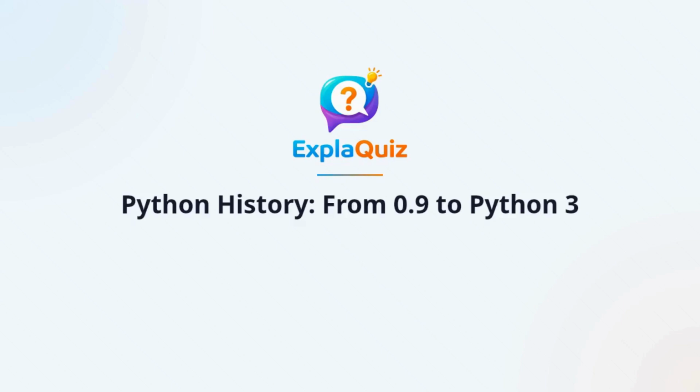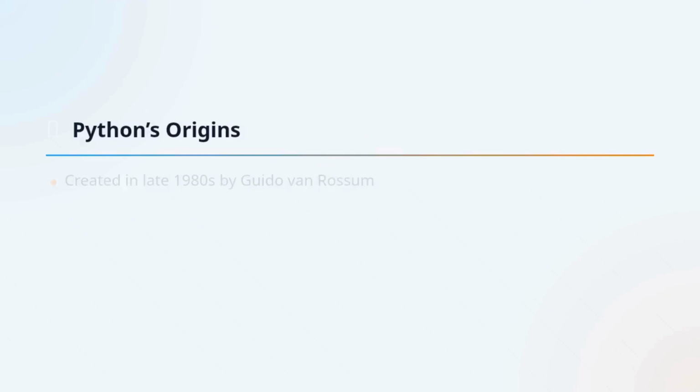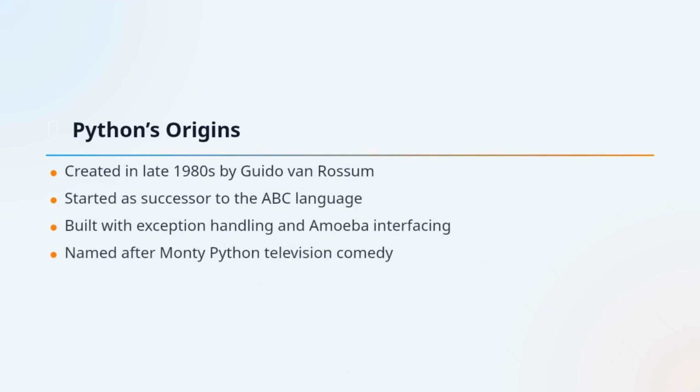In this video, we'll trace the history of Python and see how it grew from a small project in the late 1980s into one of the world's most popular programming languages. We'll also pause for quizzes along the way, so you can check your understanding of the major versions, features and turning points. Python began in the late 1980s, and Guido van Rossum started implementing it in December 1989 at CWI